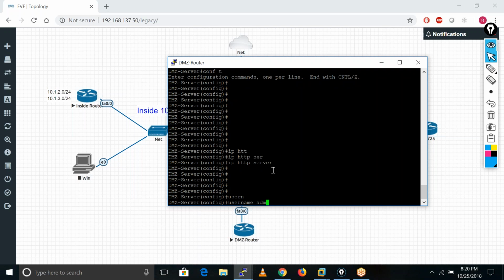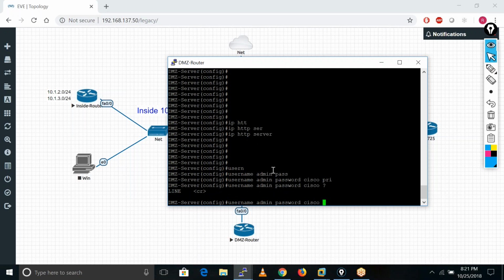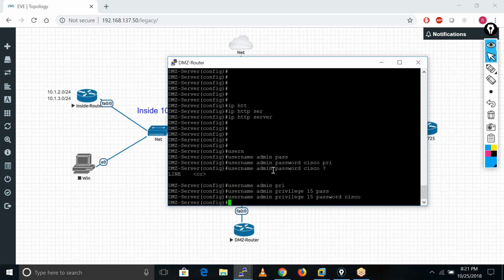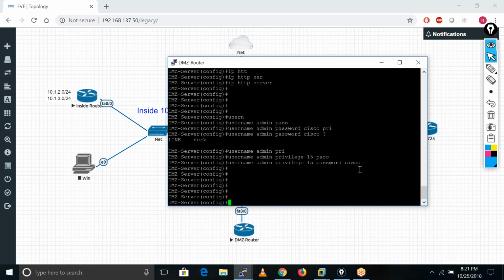Okay, so username is admin, password is Cisco, and we also need to define the privilege. So username admin, privilege 15, and password Cisco. By this we have added one user here.